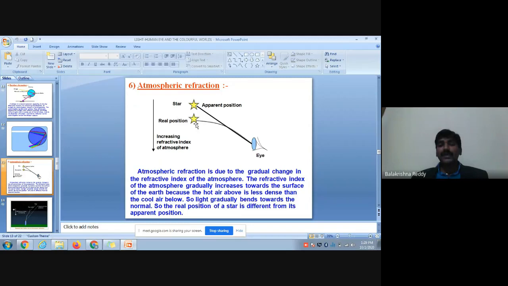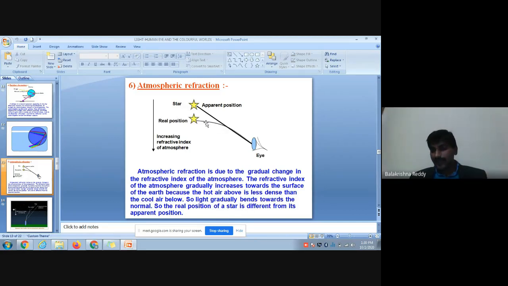Through that homogeneous medium, if you are noticing a star's position from the earth, stars look to be at a longer distance from us, but they are not actually there; this is their apparent position compared with the real position. When you look at the sky, the stars are blinking or twinkling. From the stars, the light is coming towards the earth. The stars are in a vacuum and the light is entering the denser medium, that is the air medium. So whenever the light has entered the denser medium, obviously the light ray will bend.